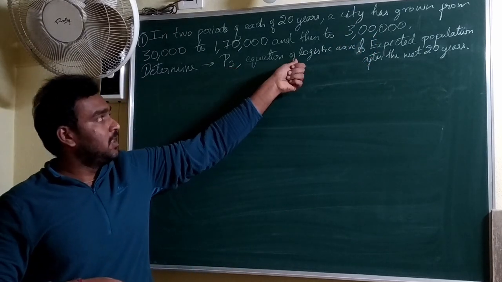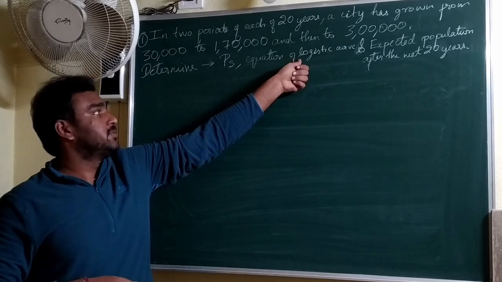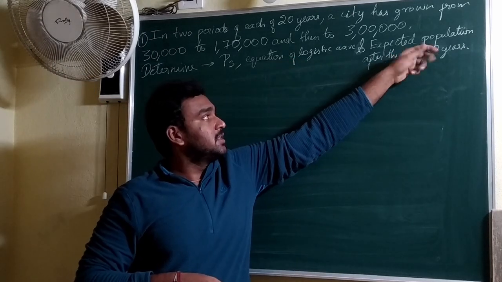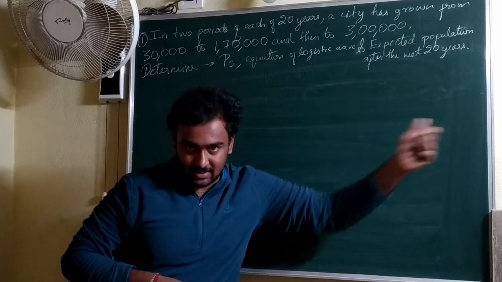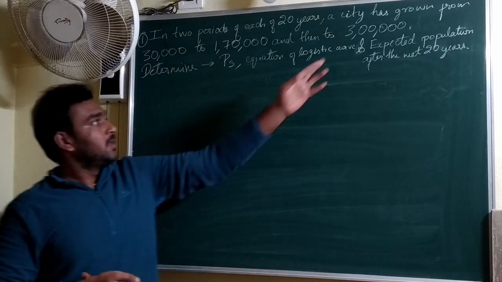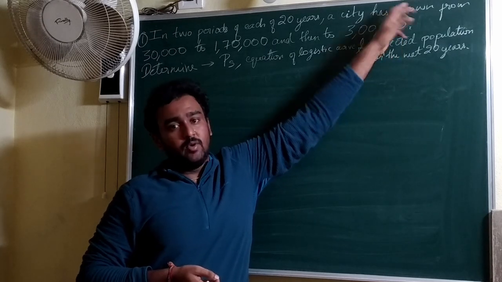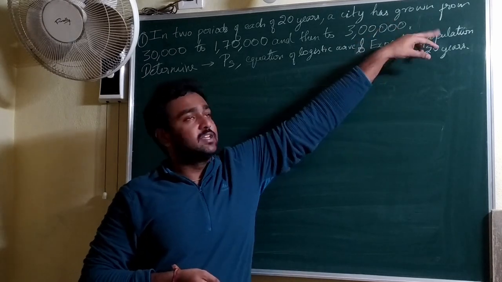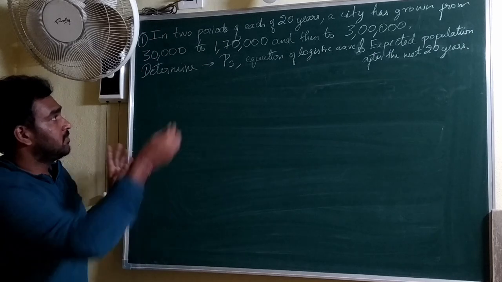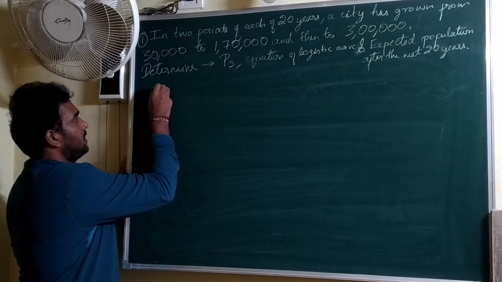We need to get the equation of the logistic curve. Then we need to estimate the population after the next 20 years. That means the very next 20 years after the population reached 3 lakh, we need to find out what the population is after the very next 20 years. So from the given data,